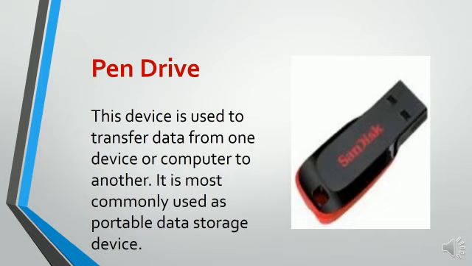Now let me tell you the difference between disk written with K at the end and disk written with C at the end. The disk written with K at the end is used to describe hard disks and other magnetic media, while the other form of disc written with C at the end is used to describe CDs, DVDs and other optical media. You have to learn this. Do you know? Put a tick on it and write learn it.